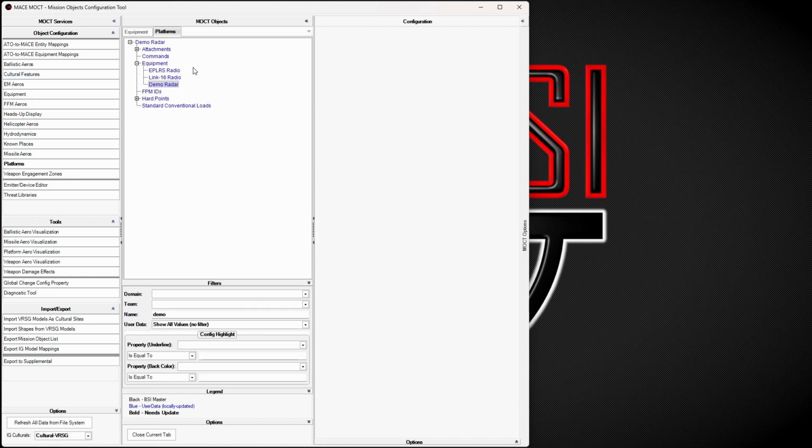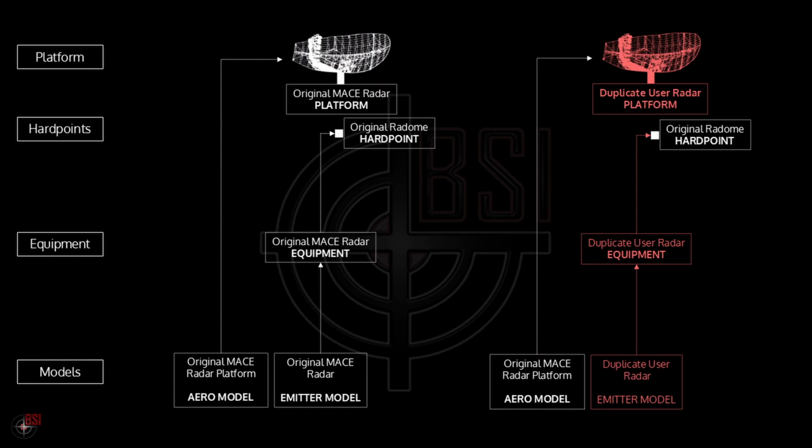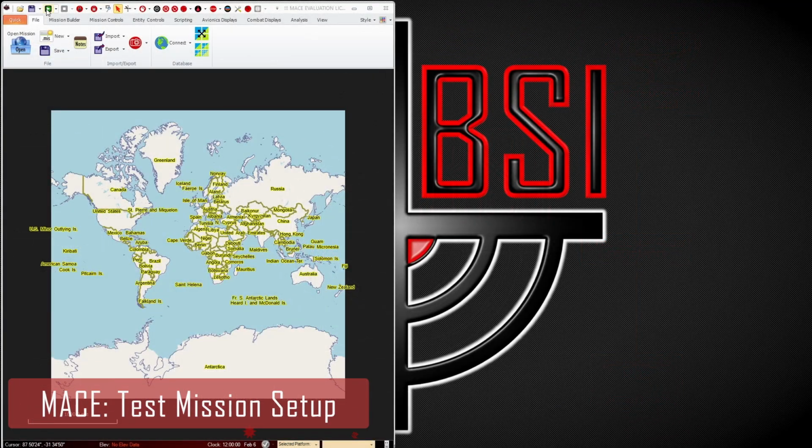Once I've saved that, I now have a platform with a new piece of equipment, and that new piece of equipment contains my new emitter. And now I can open MACE and start adjusting the emitter parameters and configuring it to the capability I want within a live mission. In MACE, I'm going to do some basic mission setup so that we can adjust the